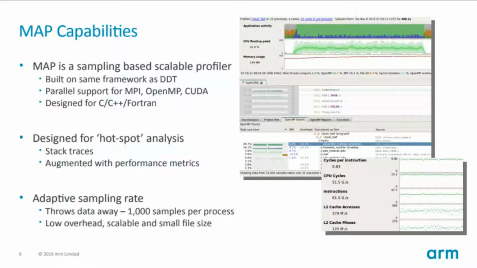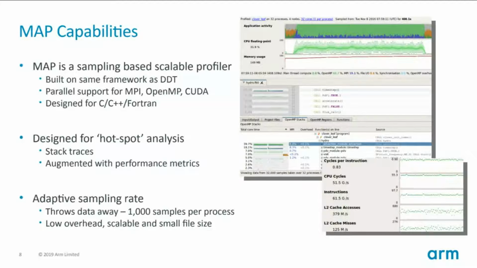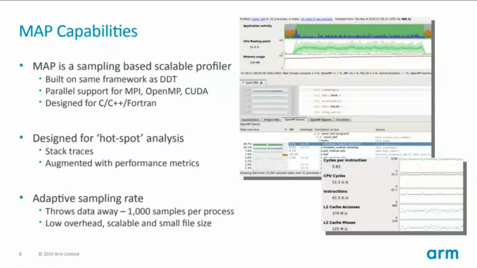One other comment on the overhead is, as I mentioned, it's relatively low at the order of 5%, but that is mainly during the sampling phase. So as you start up and you're running, the overhead on the application is typically well under 5%, but it does require some time at the end of your application to aggregate the data from each node. So our tool starts a daemon on each compute node that's gathering the data, doing the statistical sampling, and at the end of your execution, those are aggregated up the tree to a single file on the login node. And that part, depending on the size of your run and the nature of your sampling, can take a